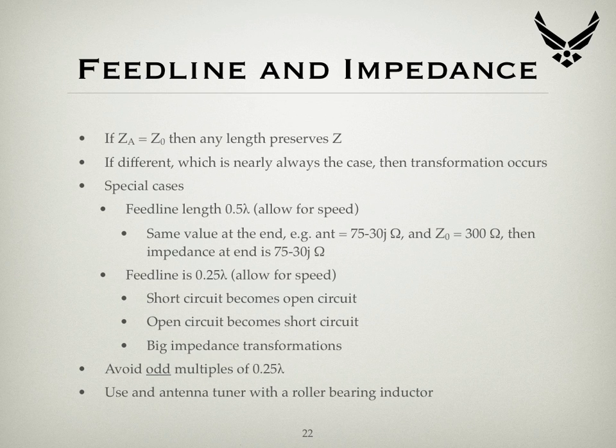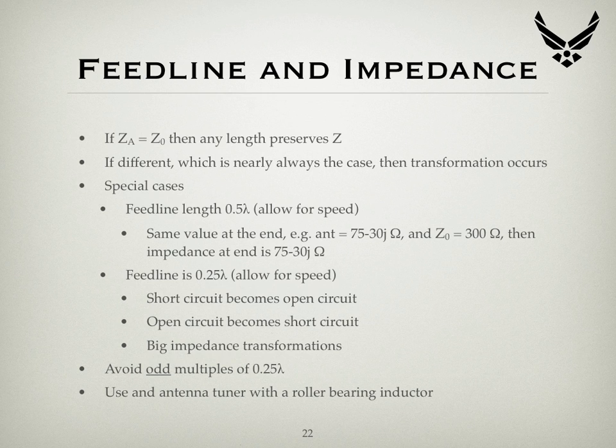Now there are a few special cases which make significant differences. Firstly, when the feed line length is exactly half a wavelength, and when I say allow for speed, I'm referring to the electrical wavelength, which is dependent upon the velocity factor of the cable itself. For example, typical coax would have a velocity factor of about 0.66 C. So if you allow for that and calculate the electrical feed line length, if you've got exactly half a wavelength,